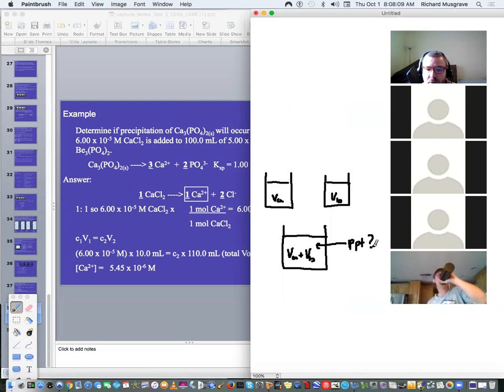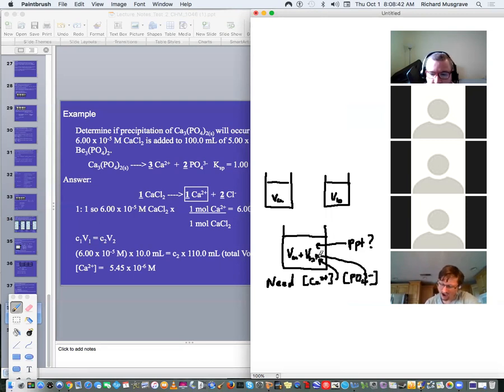And all of this is going to depend upon the concentrations of, in this case, these two ions, the Ca2+ and the phosphate ion, the PO4 3- ion, in this final solution. So that's what we need. We need the concentration of Ca2+ and the concentration of PO4 3-